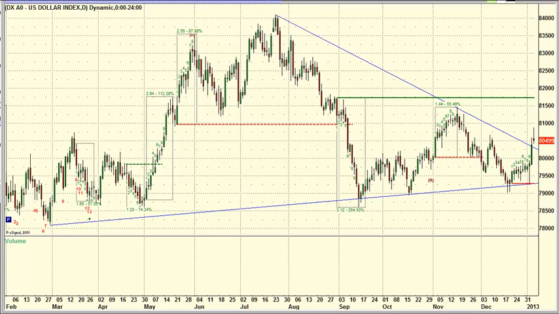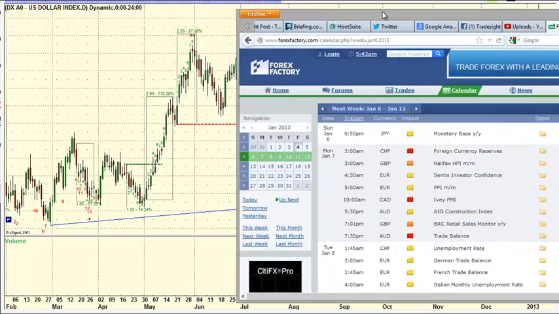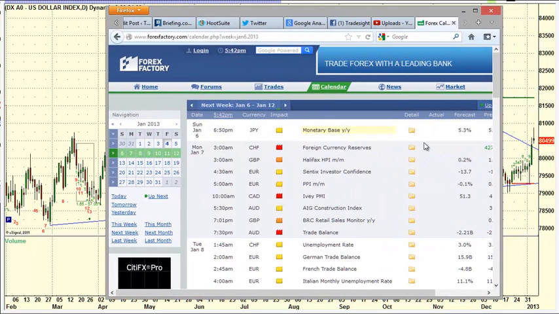So let's look at data that's going to be coming out this week, just so you can plan accordingly. We are going back to full size on Forex based on improved ranges the last few days. If it drops back off sharply, then we'll go back to half size. But I'm going to go ahead and give it a whirl here as we're entering 2013. So on Sunday night, we've got monetary base out of Japan. That is not a major number. And I'm actually going to slide this over so everybody can see it. And that's the only piece of data that's coming out on Sunday night.